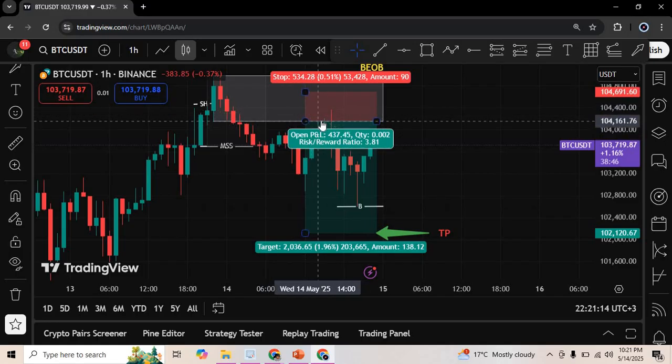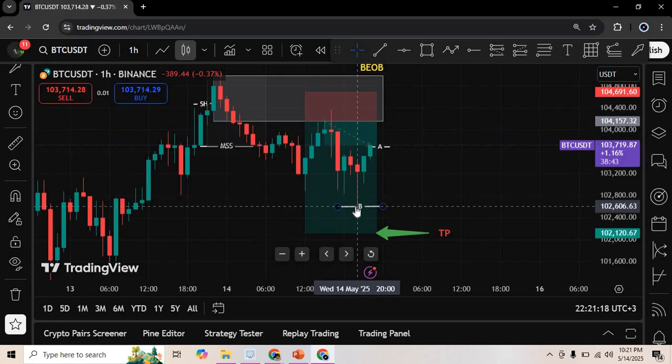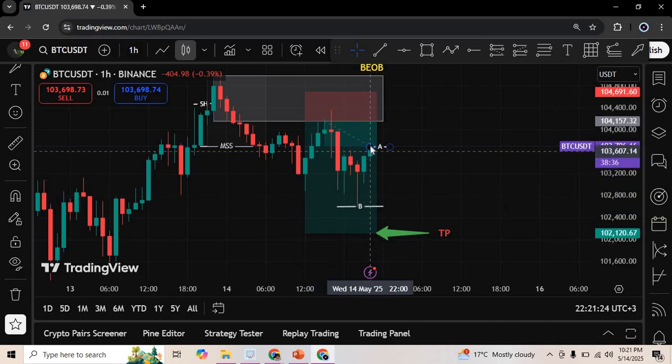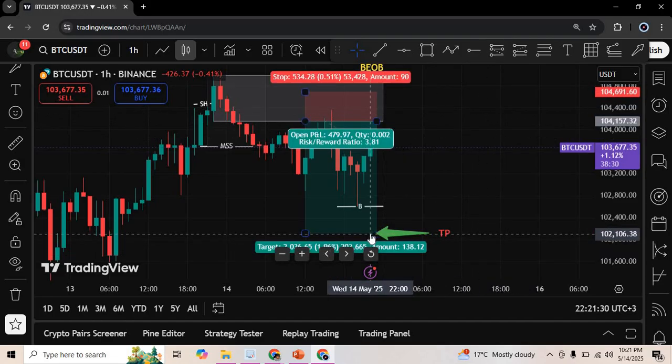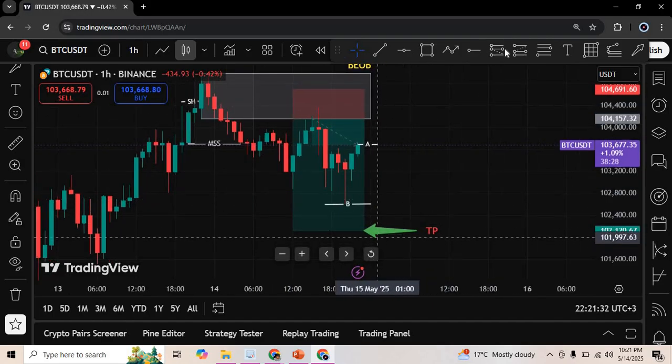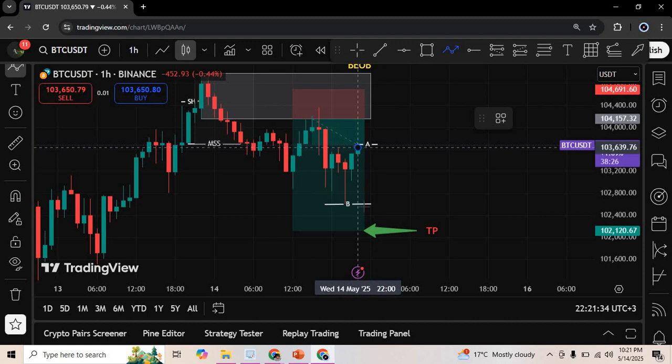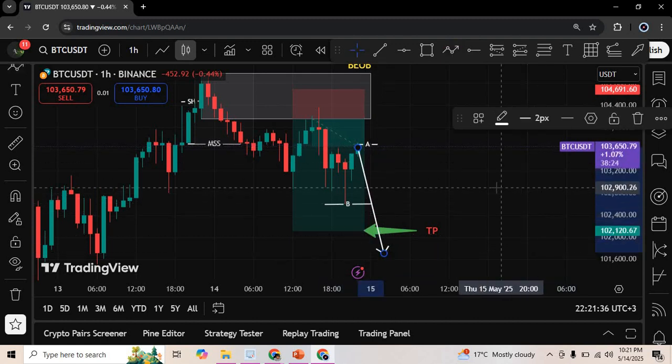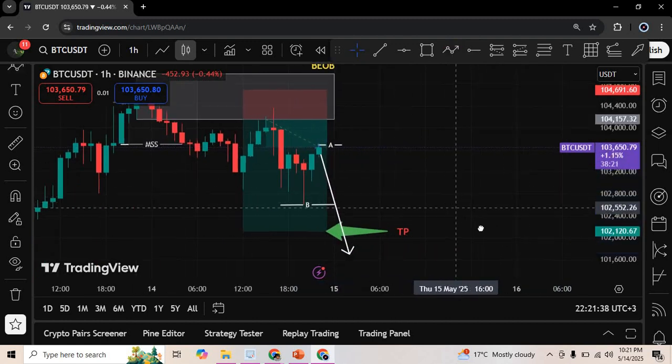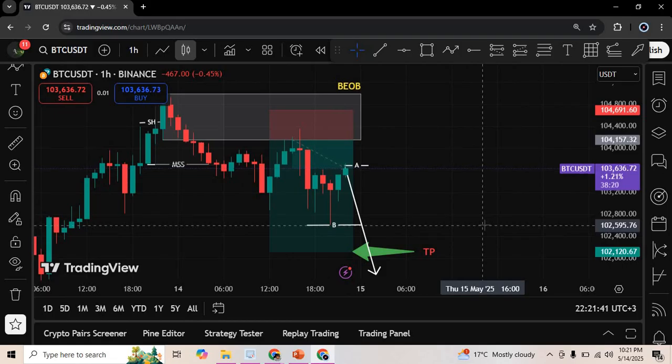So the market triggered my entry and went all the way down. I was maybe sitting in, let's assume, 50% profit. Then the market retraced again, meaning now I'm sitting at maybe 20% profit. So I'll have to wait to reap 100% profit. I'll have to wait for the market to come down to that zone right there. Any questions? Sure.